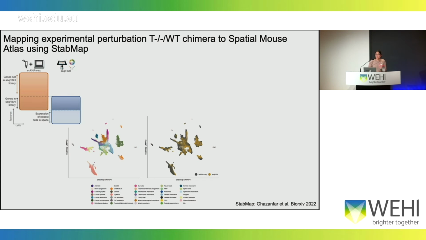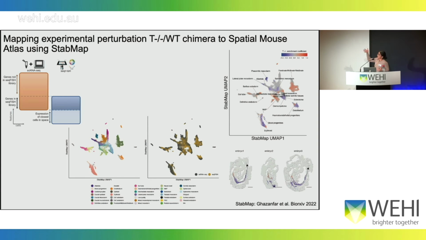And then, this is experimental perturbation, so we could transfer over the information from the perturbation to then infer the physical regions where we see relative enrichment or depletion of knockout cells in space. And so this gives us a way to design more validation experiments.